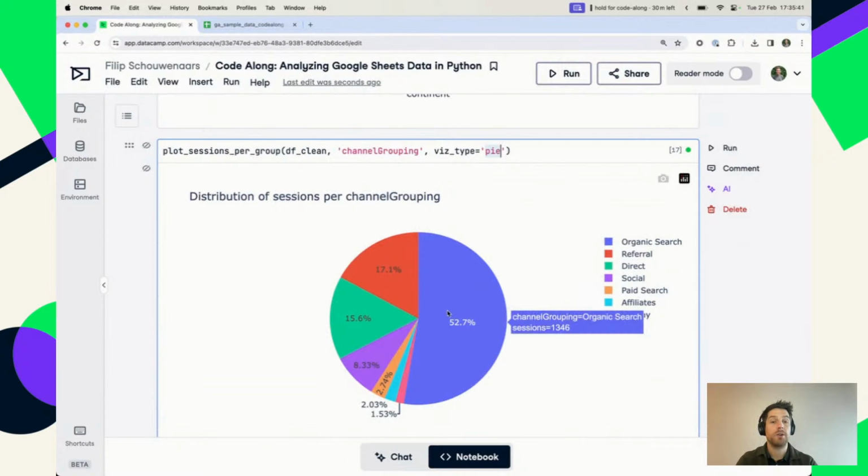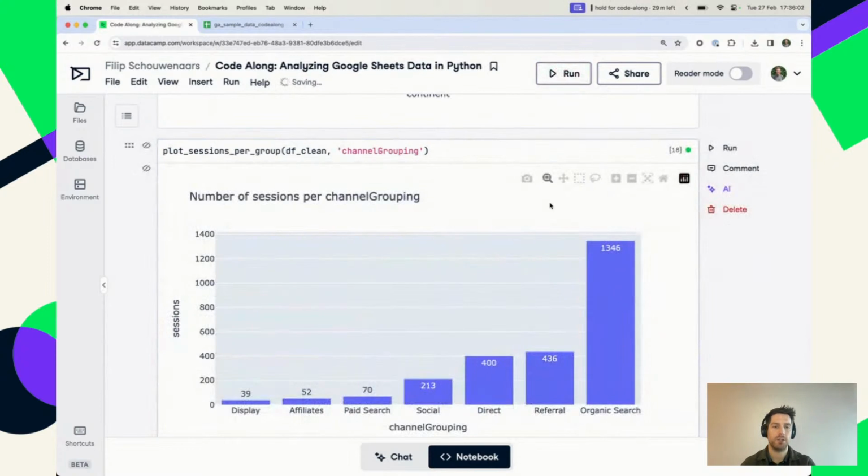Pie charts are not that great because it's pretty hard to compare the size of things if you can't horizontally scan. It's like, okay, is this twice as big? Is this half as big, etc. And as soon as you have more than 3 categories, it's actually not a good idea to use pie charts because it's pretty hard to compare all of this, right? So you can get a better sense for your data by just using bar charts,